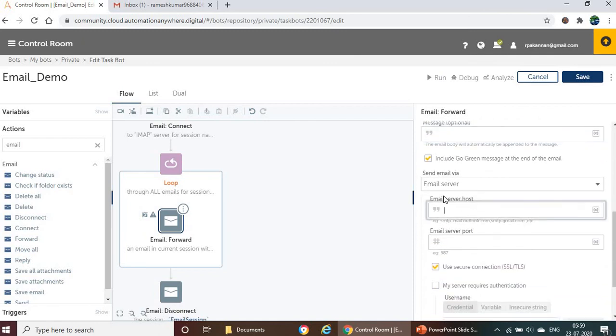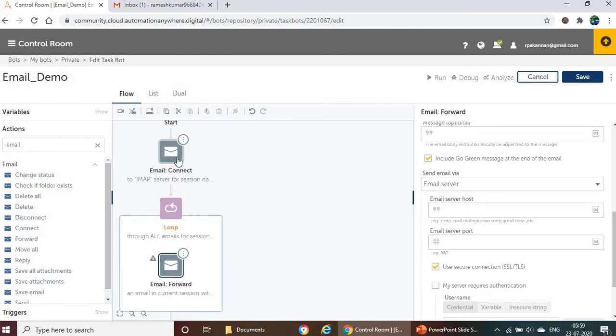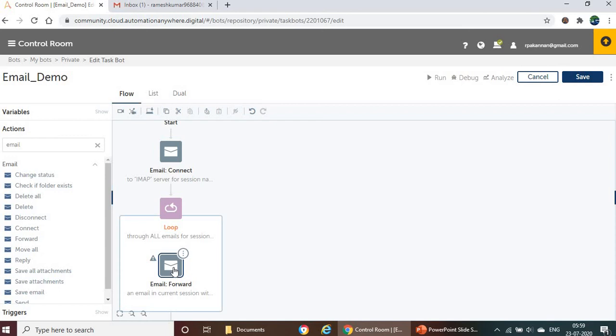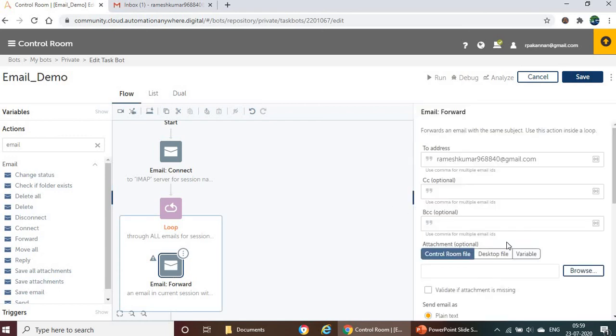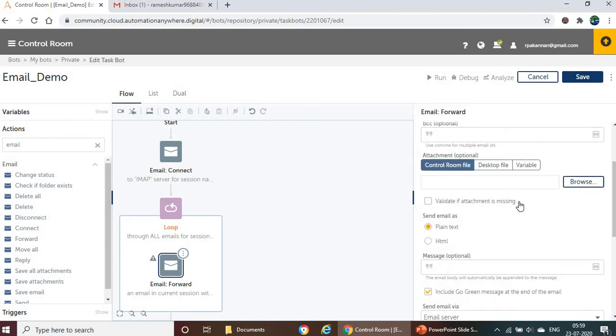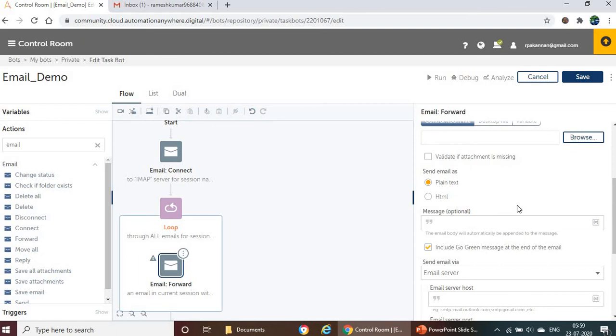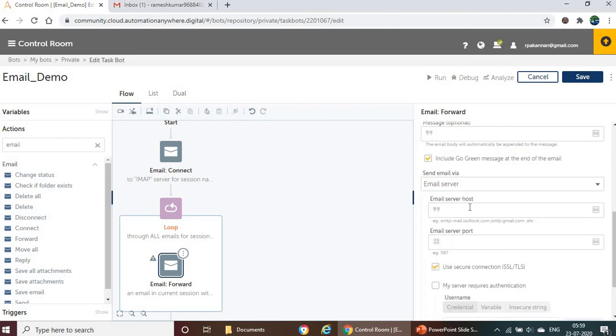Next, email server host. Here you need to provide the SMTP address. Previously in the connection, we are trying to read all the emails from the inbox. That's the reason we have provided the IMAP address. And here in the forward, we should use only the SMTP address, because it's one of the send email commands, such as reply, forward. We are sending the email to the other's email address. So you need to use